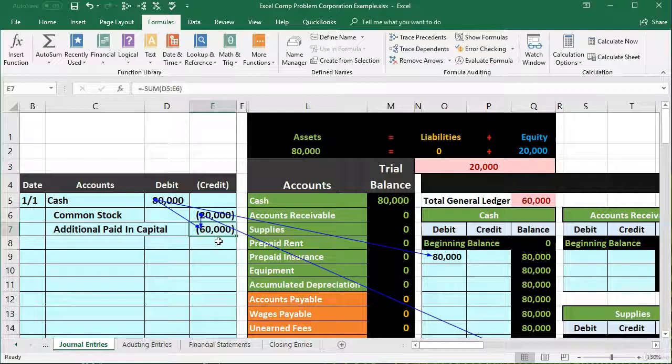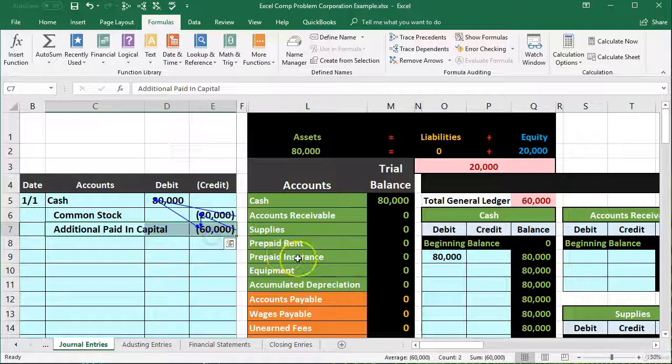So if we don't use formulas, we can't do that. If there's more than one journal entry throwing us off, and we can't see it's 60,000, it's two things that are off, then this type of journal entry and the use of the formula is really helpful. Okay, so then I'm going to remove this, which is here or here,